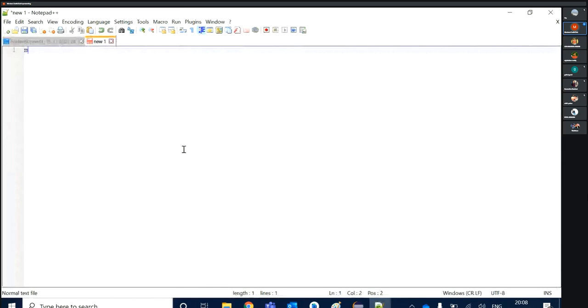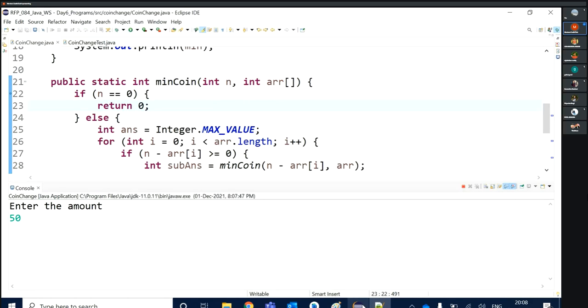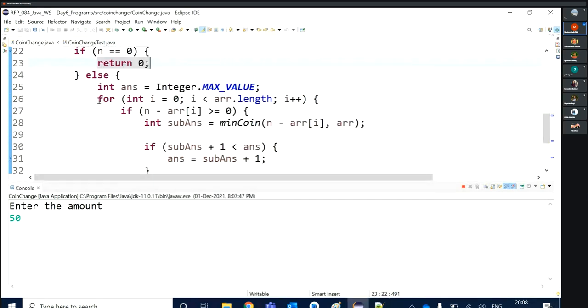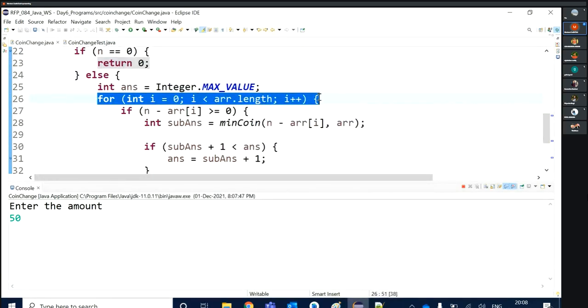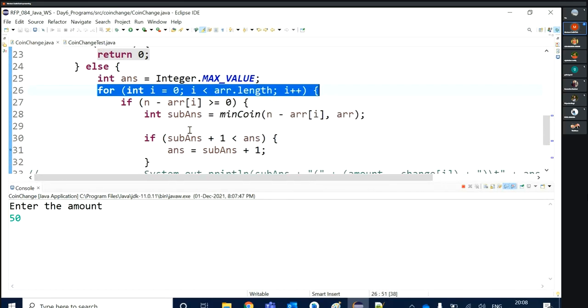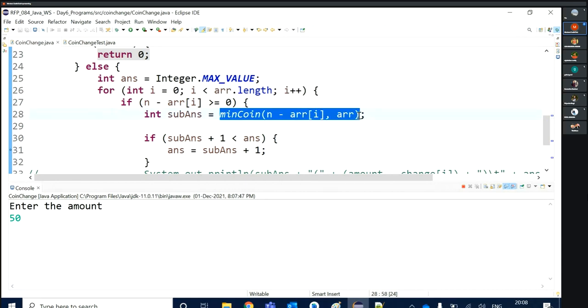If your number of denominations is 8, and the amount is 50, see, this for loop is executing on all the denominations, and again we are calling this recursion function here.